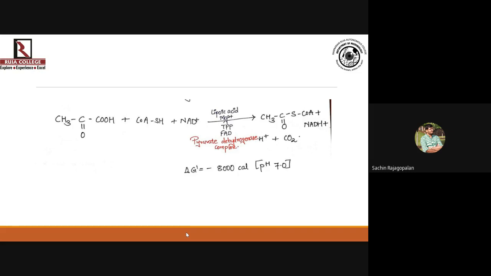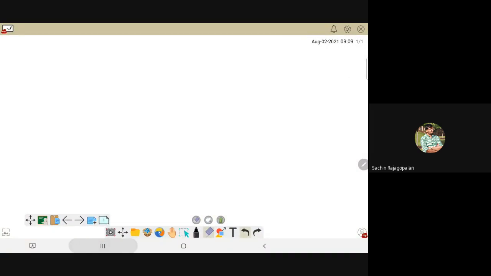For that, we will now first switch to the whiteboard, and we will come back to this part once we have discussed the reaction. Just give me a minute to cast the whiteboard. Okay, I hope you all are able to see the whiteboard now. So what is this reaction all about? What am I exactly doing to pyruvate in this process? Okay, so let us see that first.